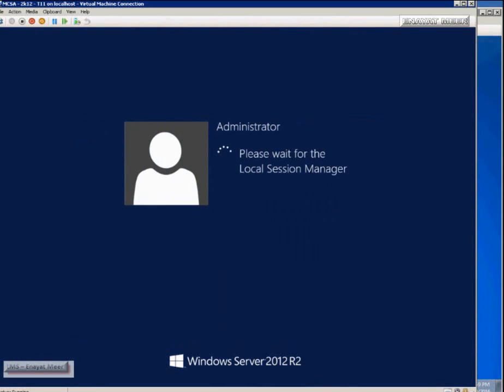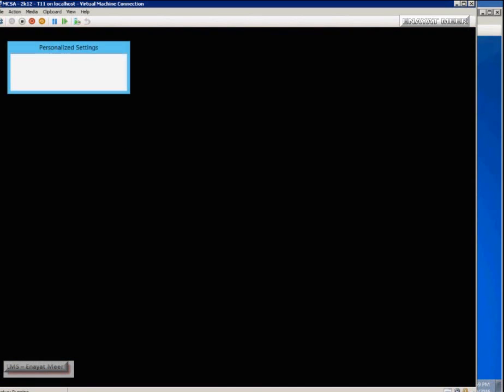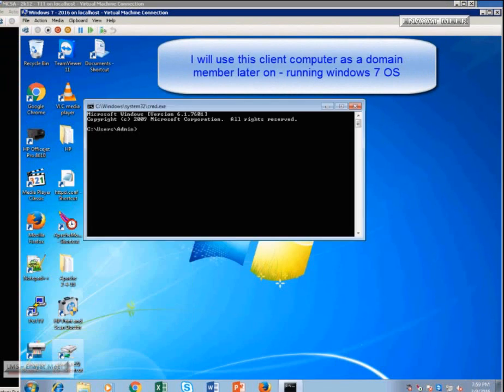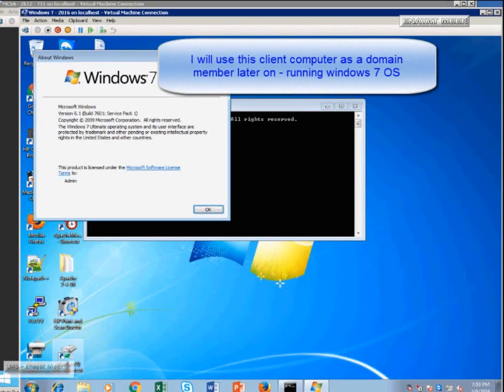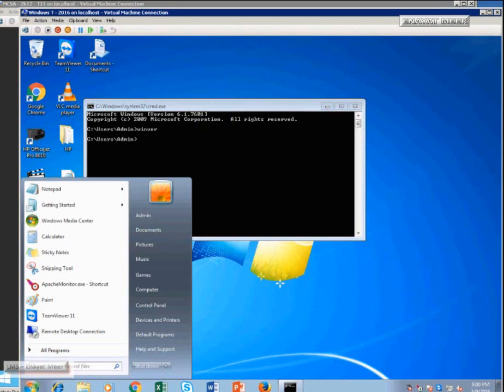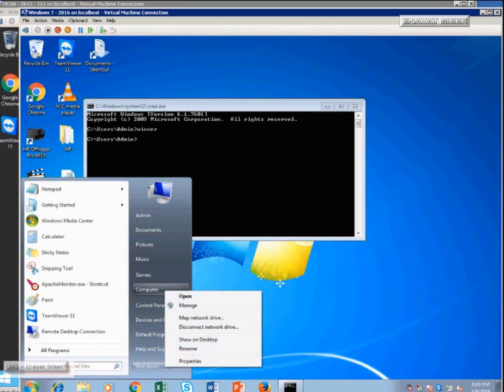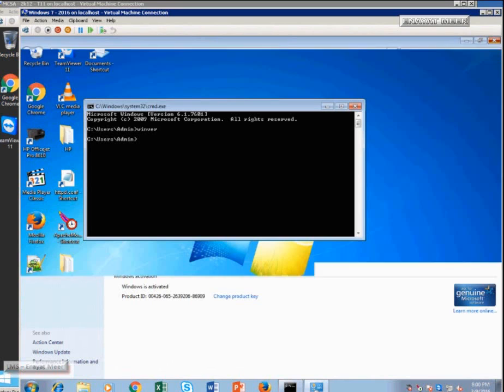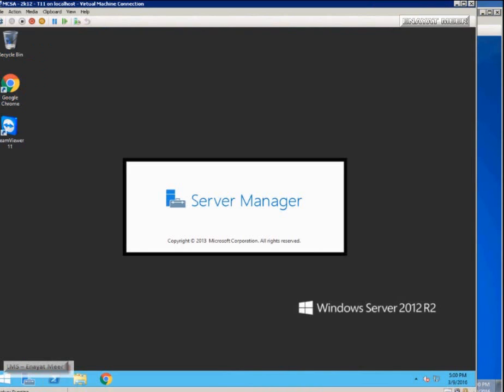I also had this Windows 7 client on the side in a workgroup, which will later on be a member of this domain. I have decided on a name for this domain, lms.com, which I'm going to use at this moment, because LMS is associated with me as a learning management system. So W7-2, what you see right now, is a client computer, and that will be a member of this server, but that is a different topic at this moment.